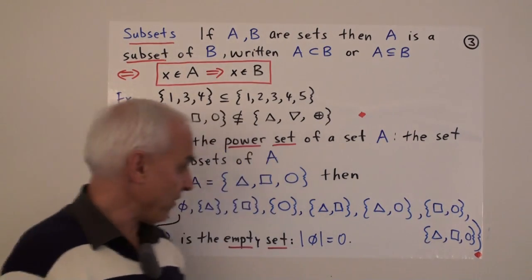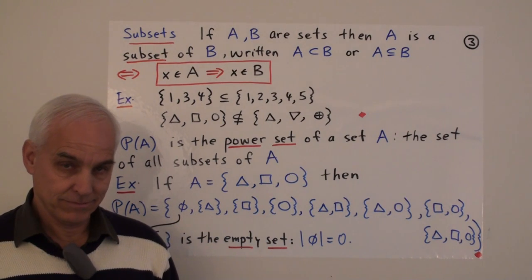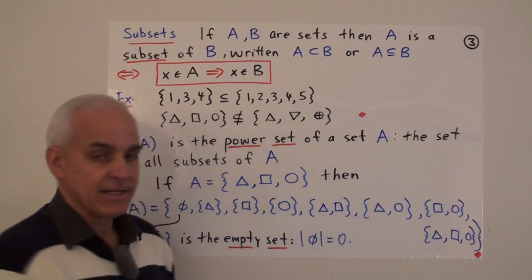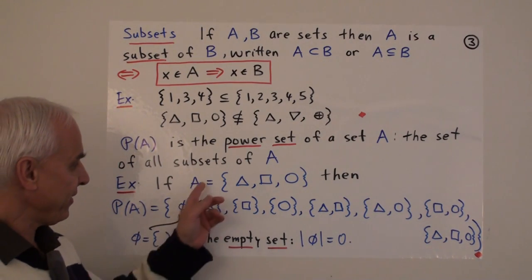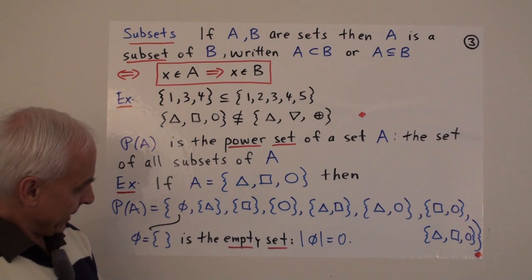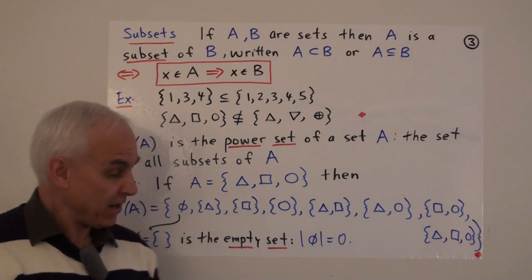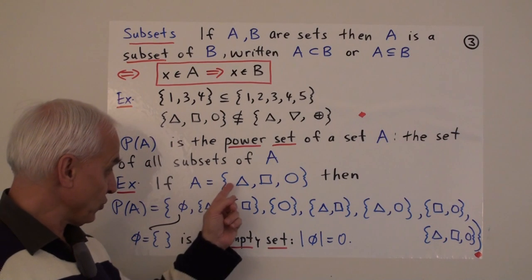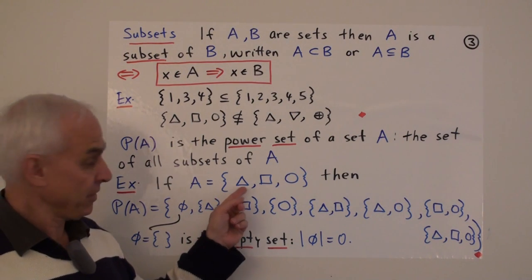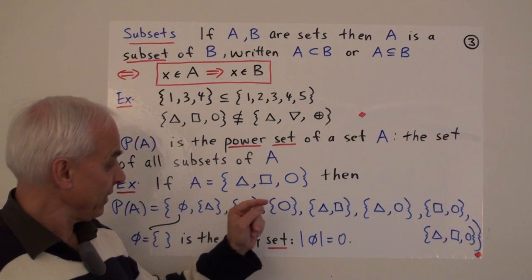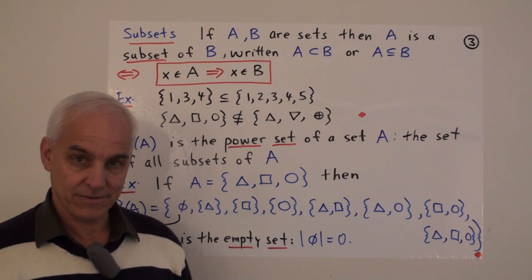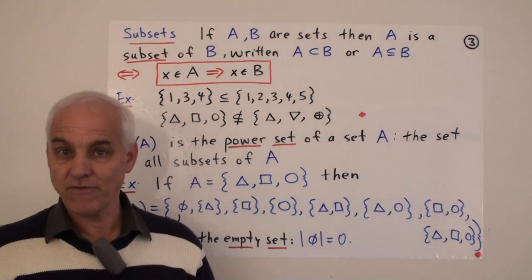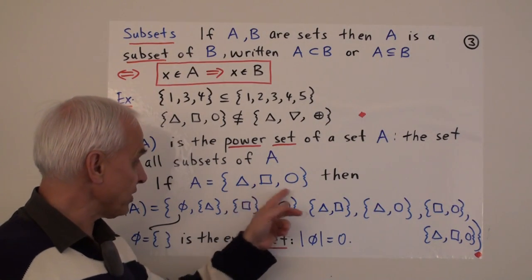All right, so A itself is a subset of A. Altogether, there are 1, 2, 3, 4, 5, 6, 7, 8 subsets of this set A. And that's not too much of a surprise, because if you're going to make a subset, you basically have three choices to make. You can choose whether to include this one or not. You can choose whether to include this element or not. And you can choose whether to include this element or not. So there's 2 times 2 times 2, or 8 possible choices of subsets,